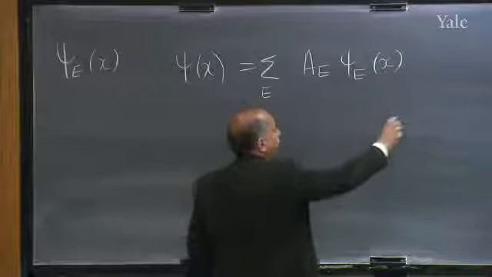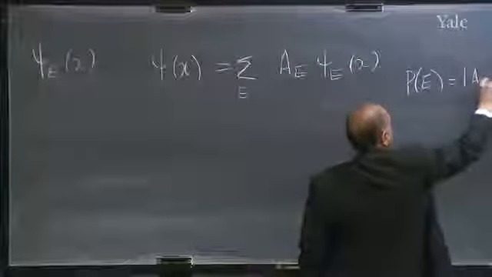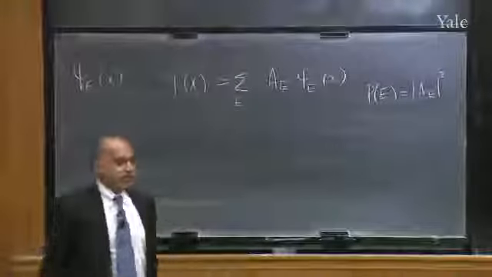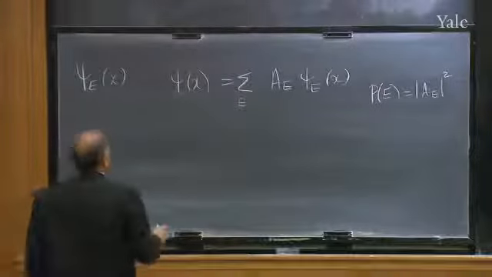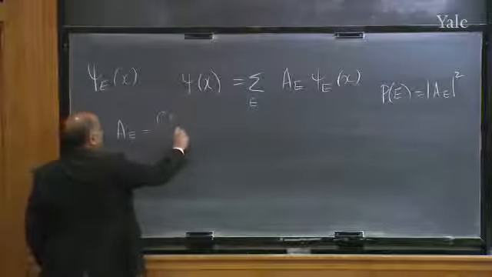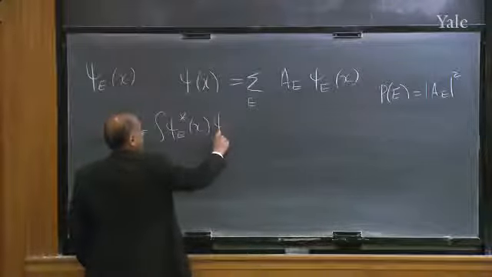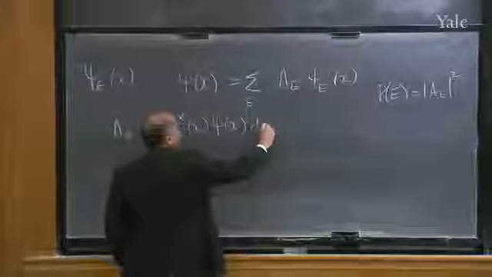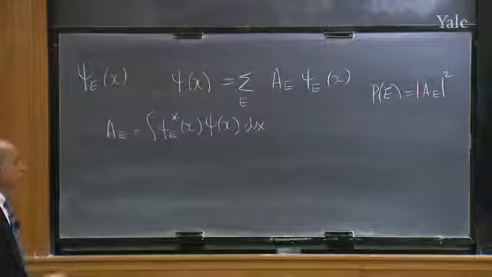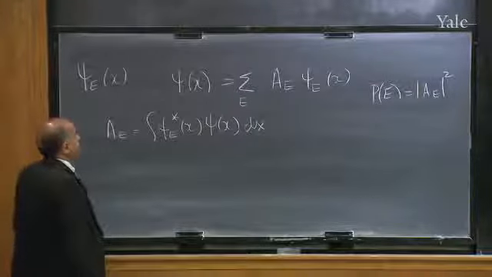And once you've done that, the probability that you will get a certain energy E is equal to the absolute value squared of that particular coefficient. Not different from psi sub p, same rule. And the rule for A sub E is also the same or similar. A sub E is the integral of the complex conjugate of this function associated with definite energy times the function you're thinking about, integrated over space. It's the same rule. So it can happen, problem can take many forms. Sometimes one can give you